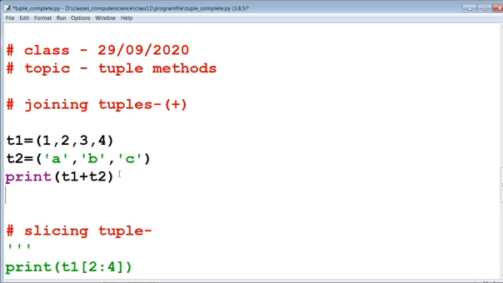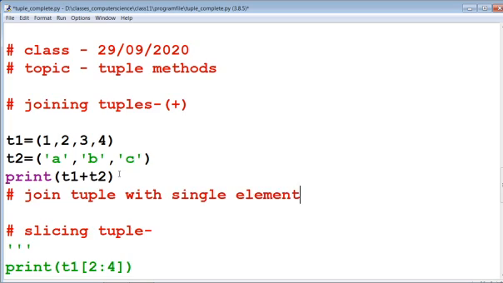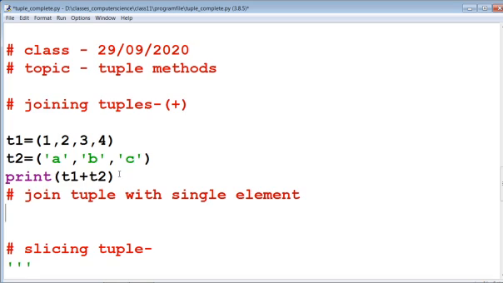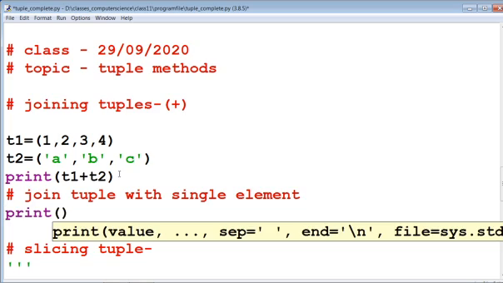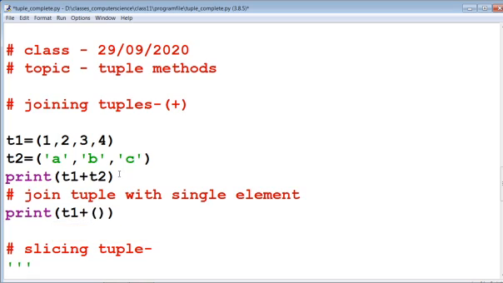Now let's join a tuple with a single element. Now if we are going to add, you can see print t1 plus 20, 30.